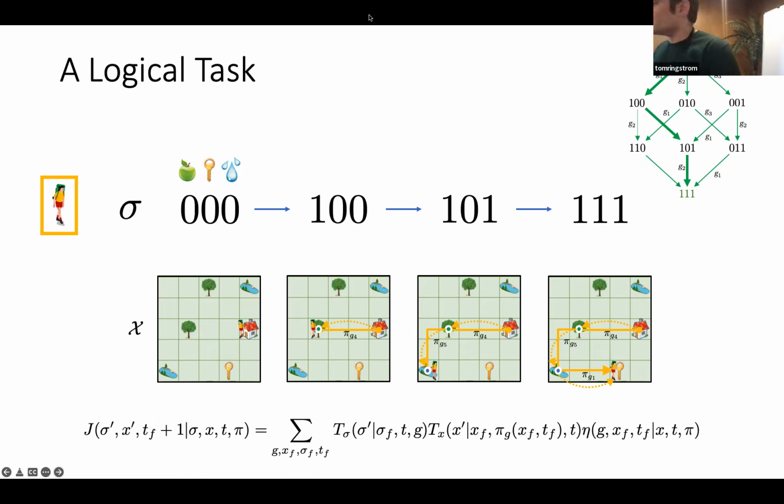So they'll always persist. Okay, so for instance, you can go get an apple, and it flips the one, and then you go get water, and it flips this one, and you go get the key, and then you satisfy your objective, which is to get these 3 items. So you can plan through, for instance, a hypercube without representing it this way, and these can also be functions of time. Maybe the key's only there for a certain window of time or whatever.